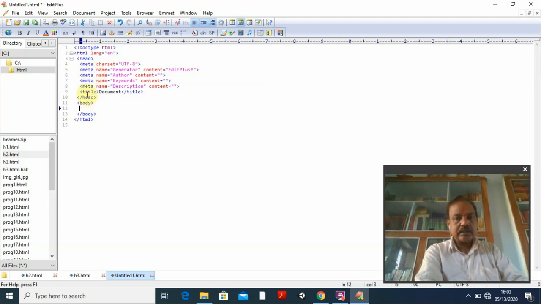Your title is here, some document title, and here meta charset equal to utf hyphen 8. This is the character set we are using, Universal Transformation Format, 8-bit. This will be there by default, because when I am using HTML5, this is the data required. Similarly, the remaining three or four lines are there because I am using Edit Plus. Even if you don't write these lines, it will run and show the same output, but it is written by Edit Plus, the software I am using.